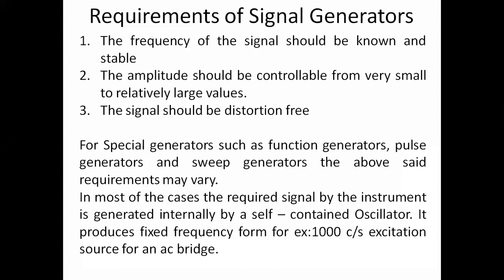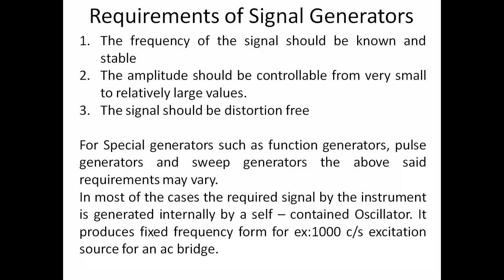That's why this is the main requirement of a signal generator. Whatever waveform it may produce, whether sine wave, pulse, or square wave, the produced signal should have these requirements. The frequency should be constant, and the required frequency should be generated as per the requirement of the operator. The generator should produce that frequency, and it should be stable.